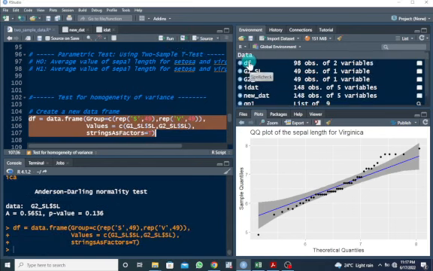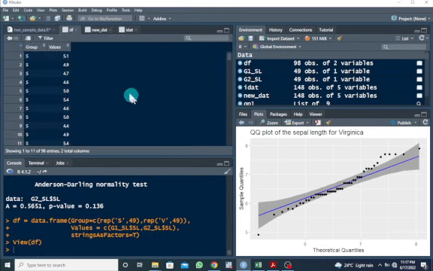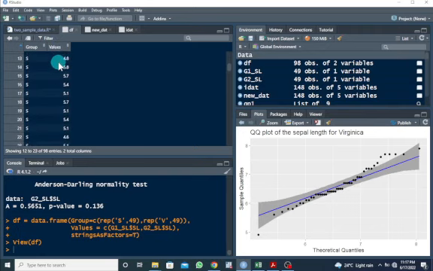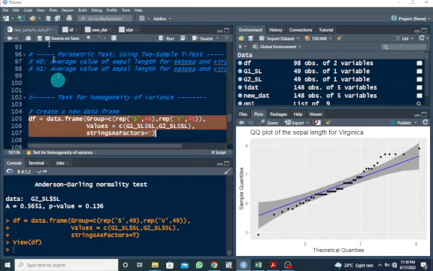Right, so let's click on the data frame to see it now. I'm just trying to combine the two data as one. So the first one, S, stands for the setosa, right? And the second variable is the sepal length. And if you scroll down, the V stands for virginica, and these values are the sepal length. Okay. So now that we are done with this, we can proceed